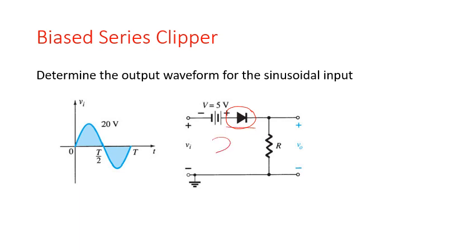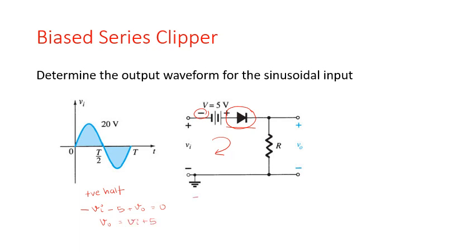So when I have to write an input wave equation over here for the positive half cycle, my equation is going to be minus Vi. Now I was going to write plus V, but you need to see that the sign that is given over here is minus. So instead of having plus, you are going to have minus over here. So this is going to be minus 5 plus V0 is equal to 0. So from here I'll get V0 is equal to Vi plus 5 volts.